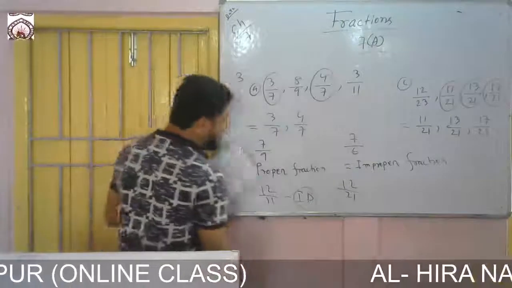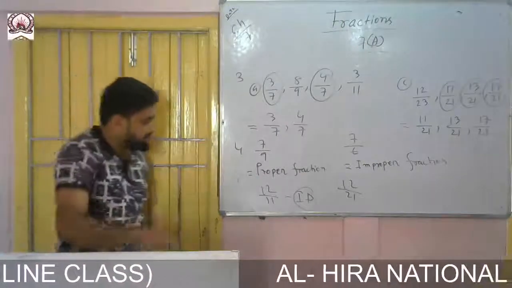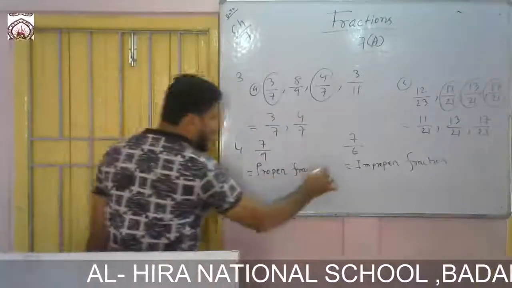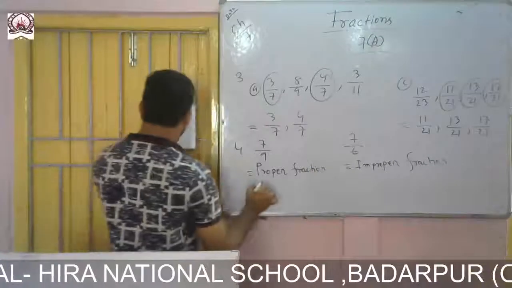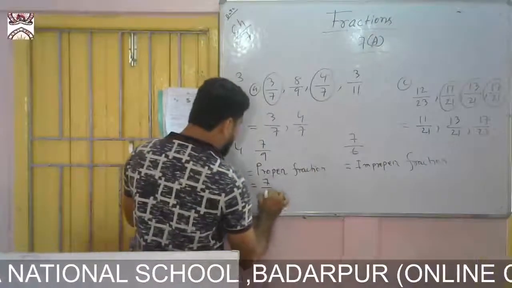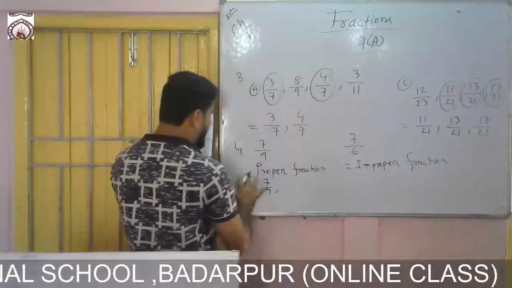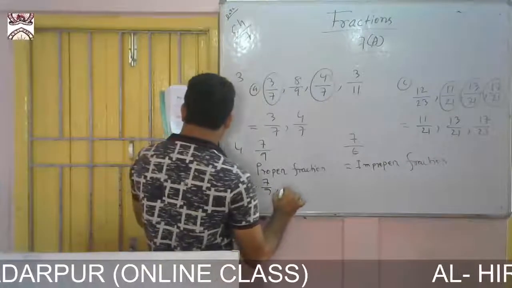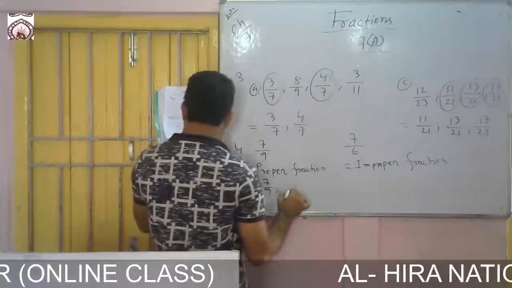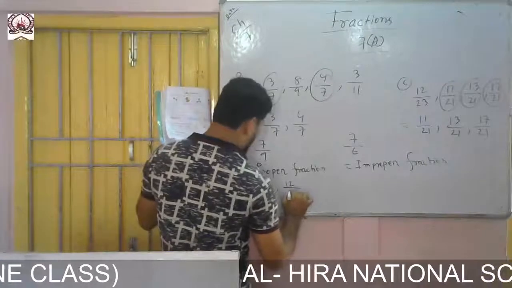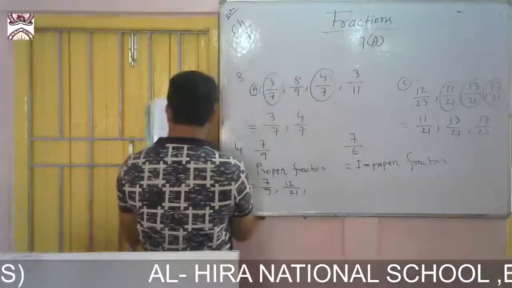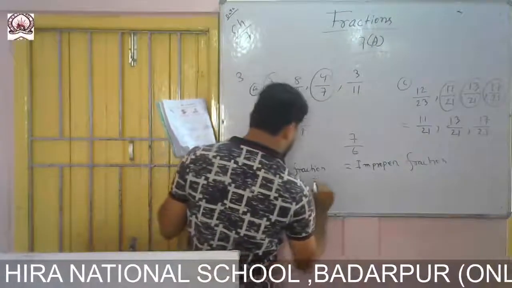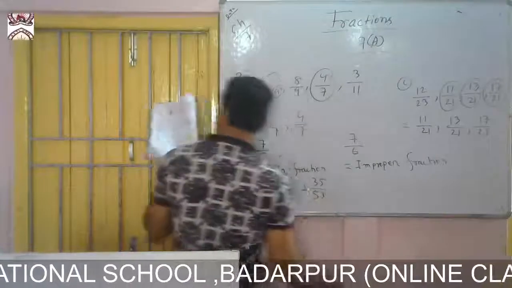These are what? So you write like this. The proper fractions: which are proper fractions? 7 by 9, comma, and 12 by 21, and no more. And the rest are, yes, 35 by 30, 35 by 53. It is also proper.